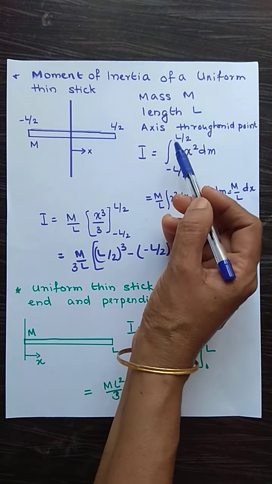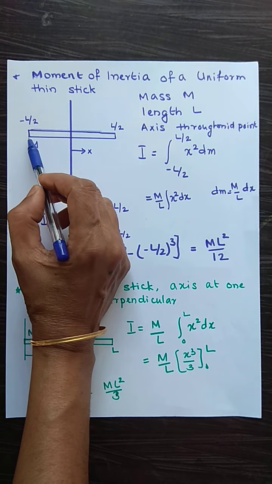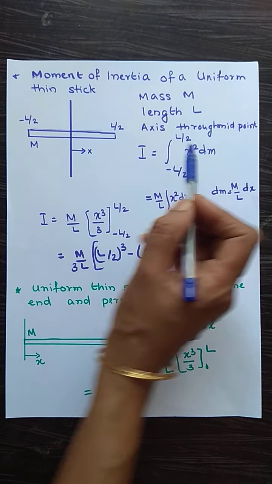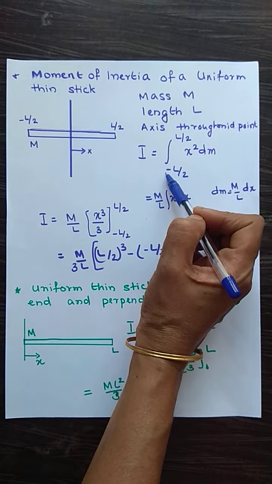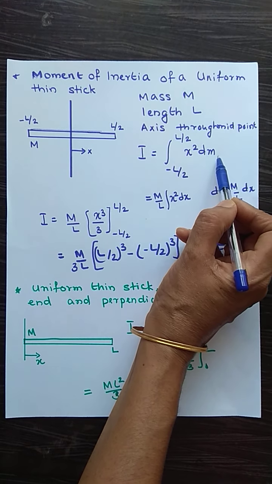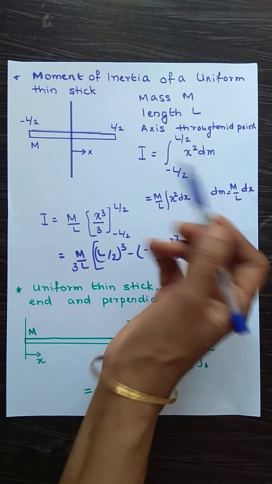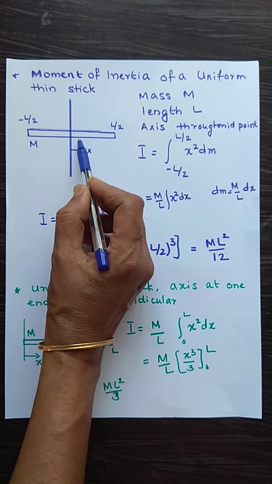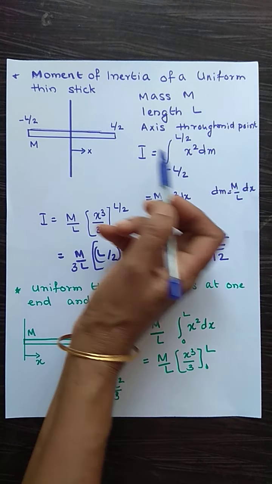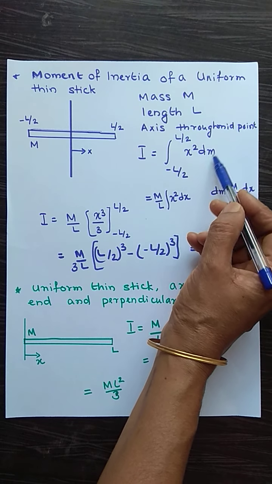I is equal to the integral. The length of the stick is from minus L by 2 to plus L by 2, so the integrating limit is minus L by 2 to plus L by 2, of x square dm. Similar to our earlier expressions which we had discussed in the previous class, x is the distance from the axis, and this distance is what is varying from minus L by 2 to plus L by 2, and dm is the